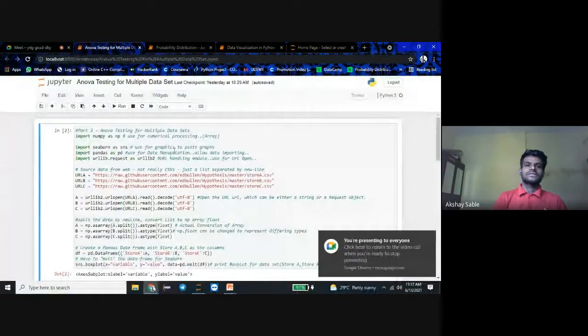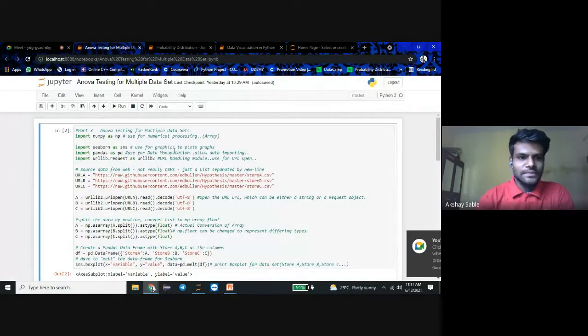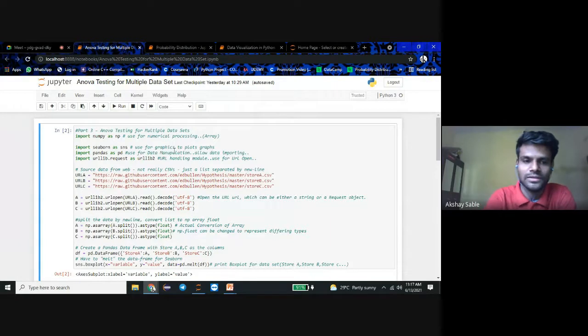So this is a basic ANOVA testing example, and we are going to see this one. The first line is import numpy as np. As we know, any program needs a header file or a library to use its predefined functions, so we use numpy as np. Basically, numpy is a library we are using here to perform numerical operations, just like when we use arrays in our program.